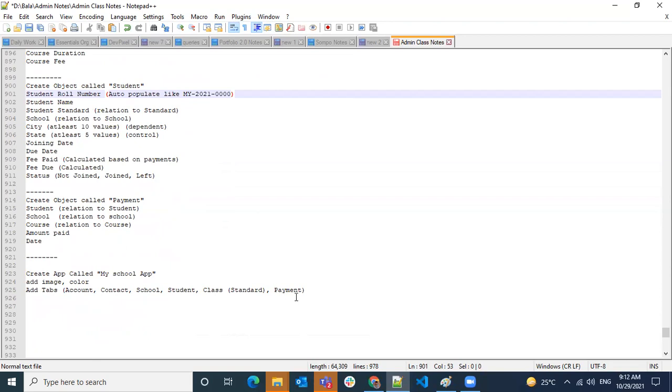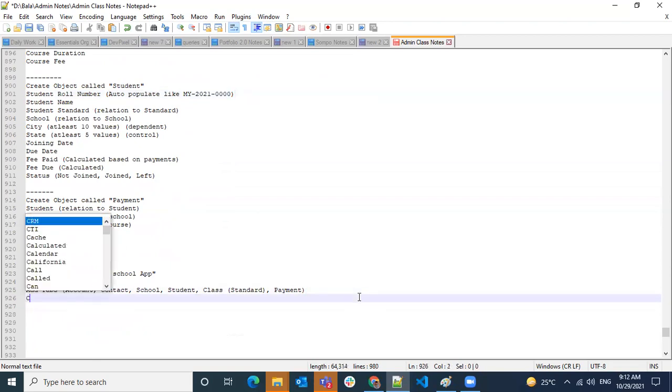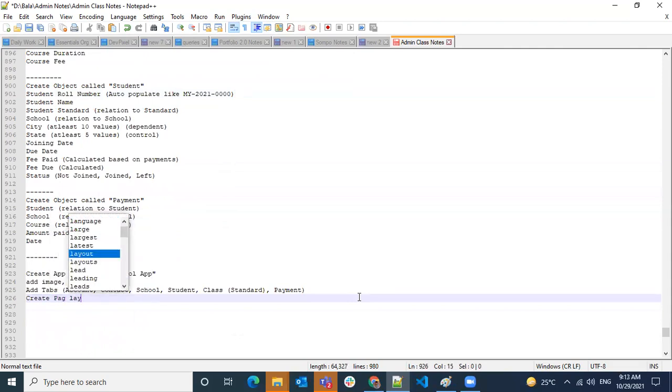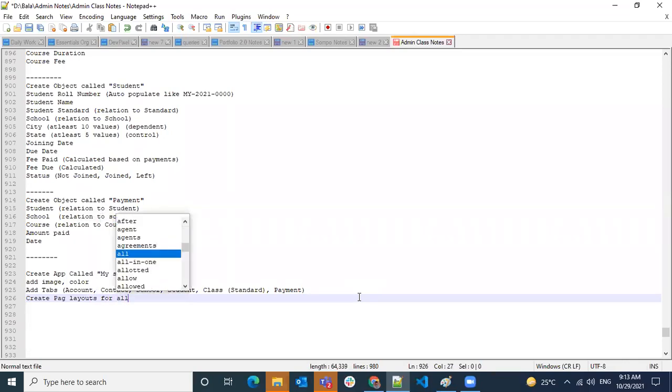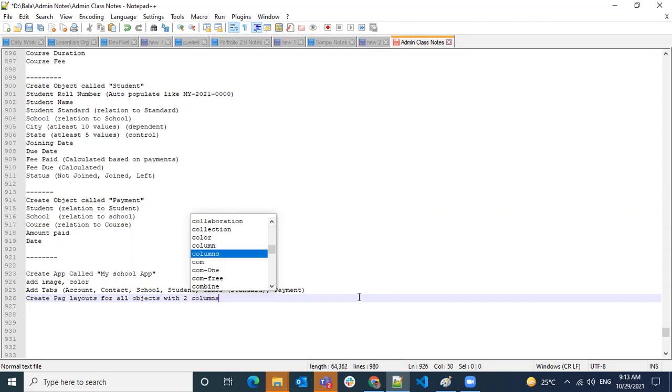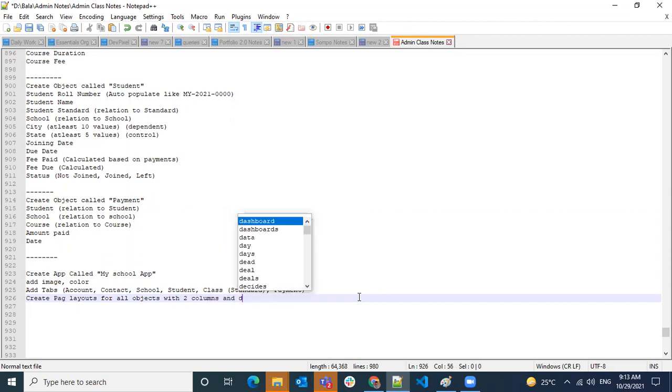Page layouts. Create page layouts for all objects with 2 columns and different sections.